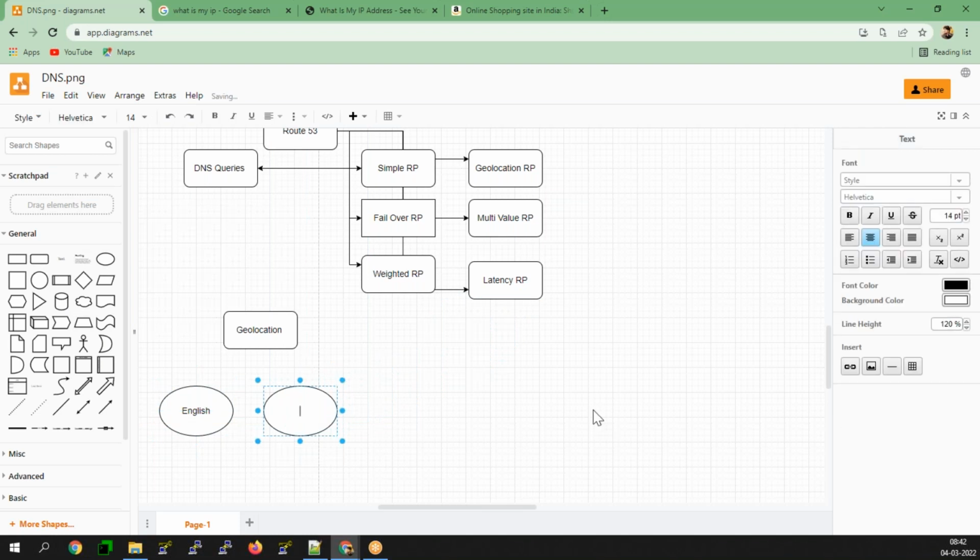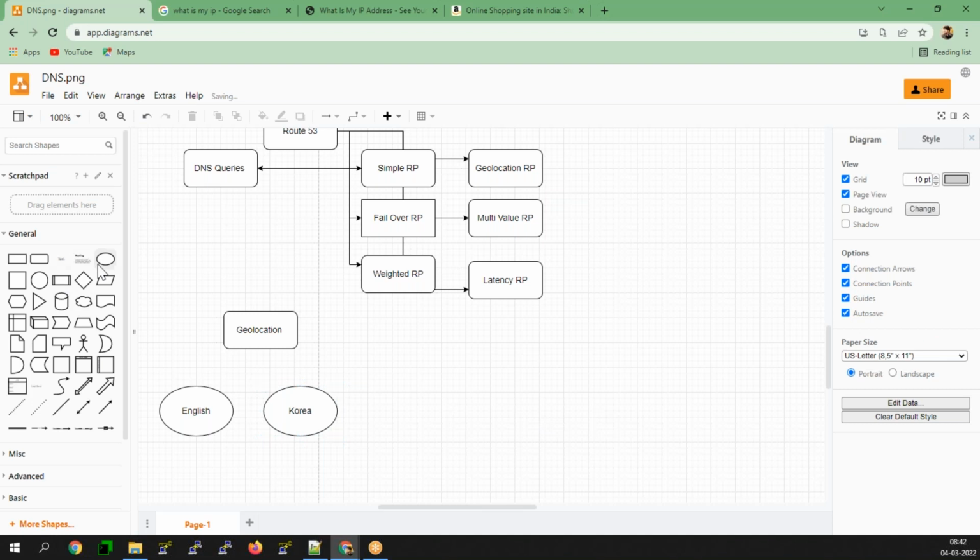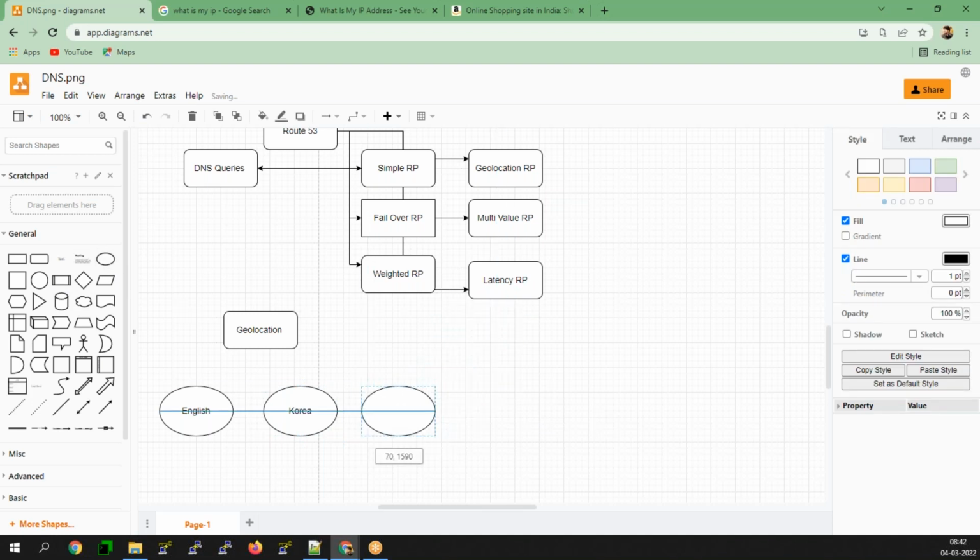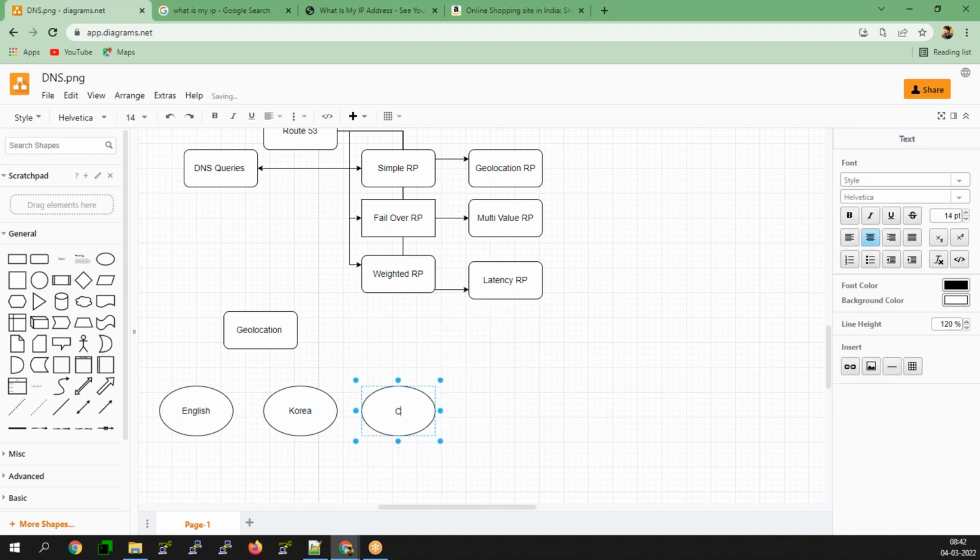If your source IP is in Korea, it will open in the Korean language. If your source IP is in China, it will open in the Chinese language.